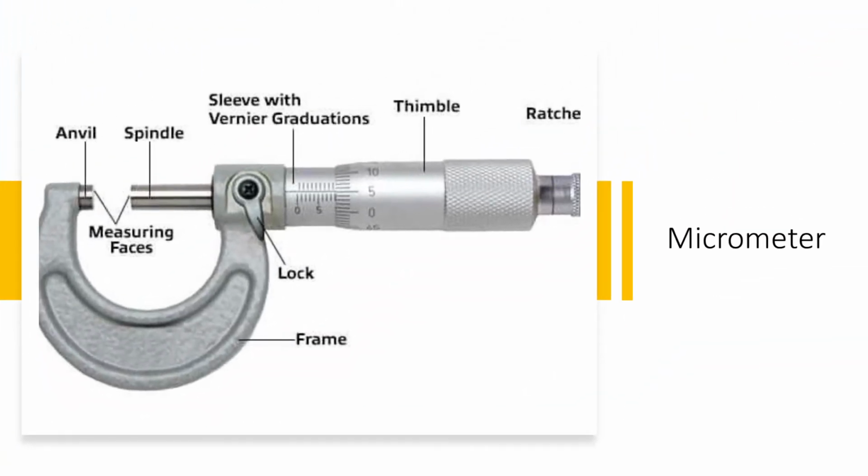Now, the very first device which comes to mind for checking the size of the tablet is the micrometer. The micrometer is the device which is used to measure the thickness, the size of the tablet. So it comes into the purview of the organoleptic properties, the first general aesthetic appearance test for size, thickness, and organoleptic properties like odor and taste. For that we need the micrometer. The tablet is placed between the anvil and the spindle, and the thimble is rotated. So you get the reading for the exact thickness of your tablet.